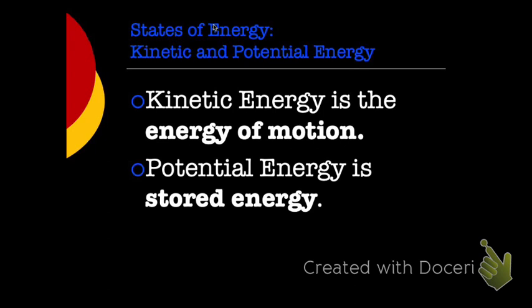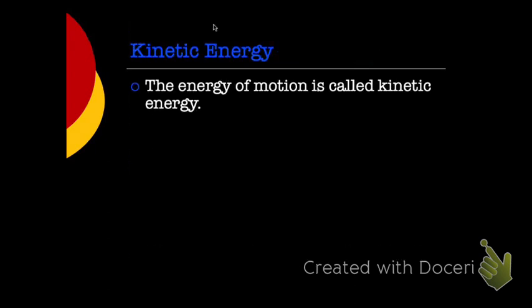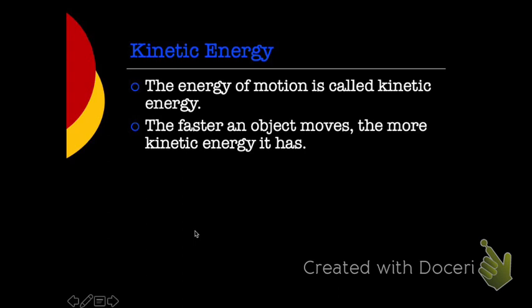Okay? So let's talk about kinetic energy in a little bit more depth here. Kinetic energy is energy of an object that's in motion. So if an object is moving at all, it has to have kinetic energy. What's the word that we use to describe how fast we're going? Velocity. Good. So if an object has velocity, then we know it has kinetic energy. The faster an object moves, the more kinetic energy it has. So velocity is a direct correlation to the amount of kinetic energy that we have. So if you have more velocity, that means more kinetic energy.